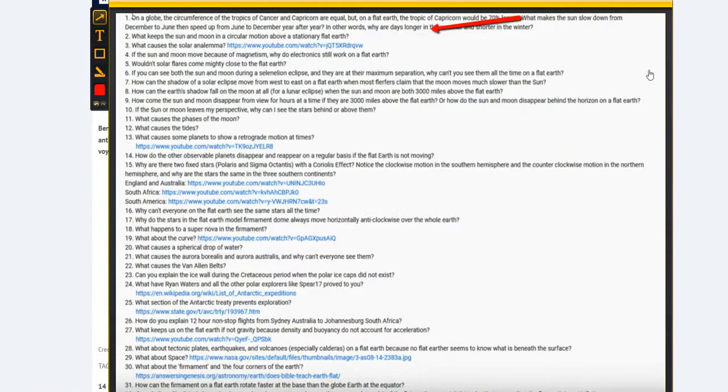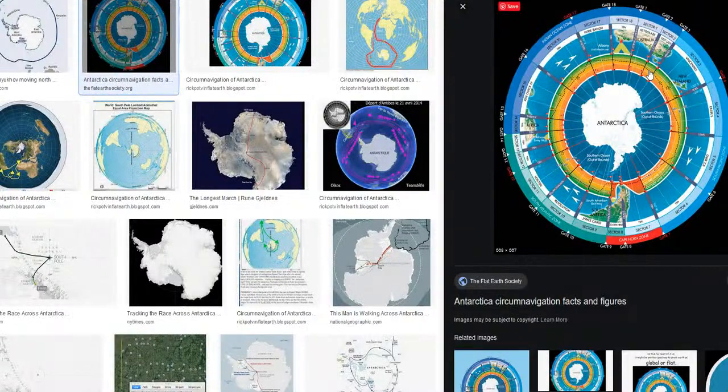Well, look at the Antarctic Cup. That proves that if you can sail around Antarctica, we're living on a sphere. But if you sail south into the Southern Ocean, you're disqualified. You see this? Out of bounds. If you go south of this white line, you are out of bounds, which means the Antarctic Cup has nothing